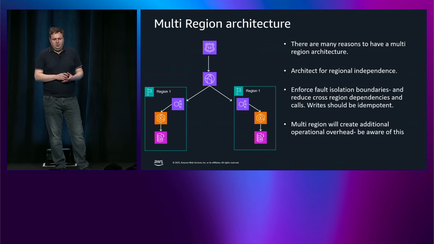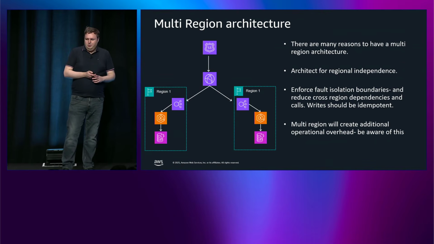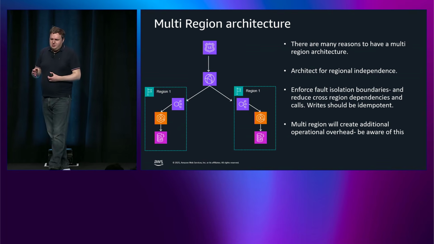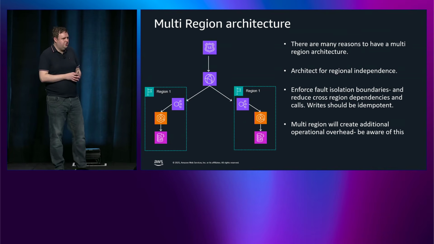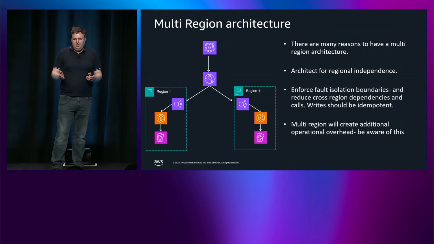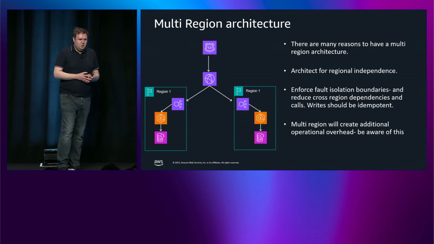Another thing Paul briefly touched upon was multi-region architecture. Now, a lot of our customers look at multi-region architectures for different things. That could be for regulatory reasons. They may need to have a certain uptime availability if they're in a regulated industry. They may have another regulatory need to have their data in a particular country. Or they may just want to be closer to their customers and have lower latency for them.